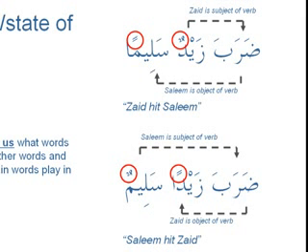And the word order is the same. So Daraba is first, then we've got Zaid, and then we've got Salim. The word order is exactly the same. However, the first sentence means Zaid hit Salim, and the second sentence means Salim hit Zaid. And the reason for this is what we call the i'rab, i.e. the